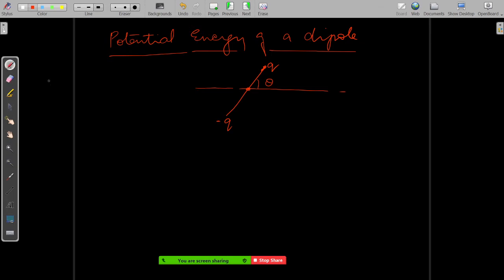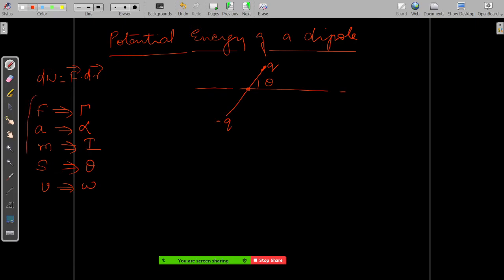Since we have not studied rotational mechanics till date, you just understand this. We know that work done is F dot dr. The small work done is F dot dr, right? Similarly, you can just imagine something like this: force gets changed into torque, acceleration gets changed into angular acceleration, mass gets changed into I, which is moment of inertia. The distance gets changed into angular distance, theta. Velocity gets changed into angular velocity.